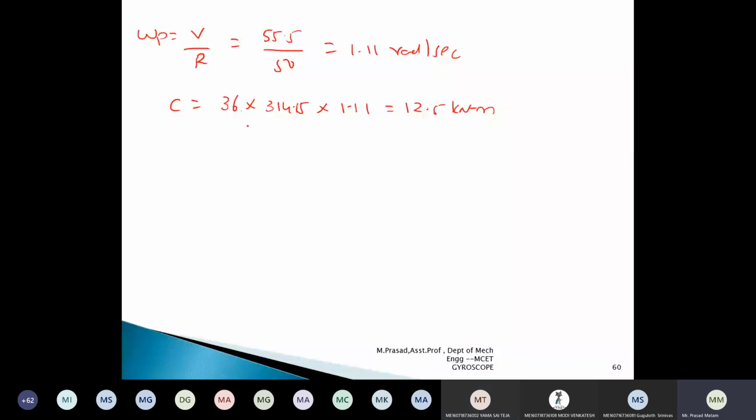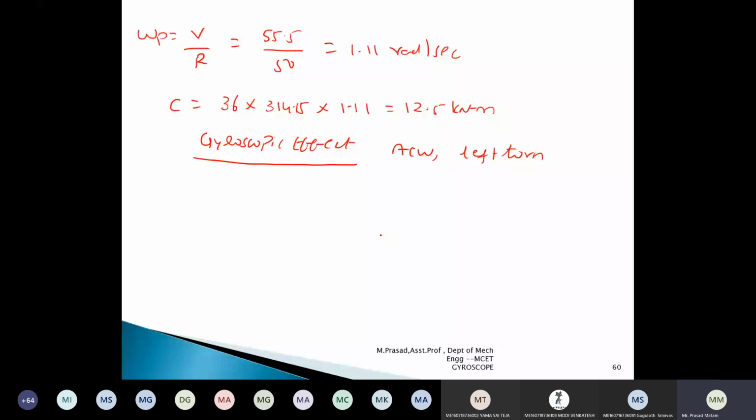Now our aim is to find the gyroscopic effect. After finding the couple, you have to solve for the gyroscopic effect. What is the condition here? Anti-clockwise rotor taking left turn. Can anyone solve for this one? Dear students, anti-clockwise rotor taking left turn. Can anyone solve? Give me the answer. Already we have solved this. So try to solve this.